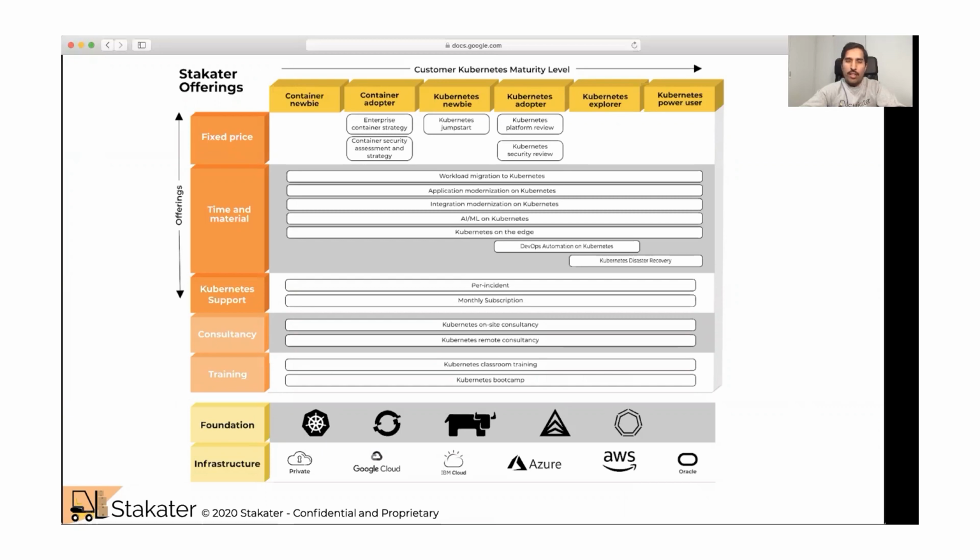As you can see in this offering stack of Stagator, we help companies in their whole journey, depending on whether they are a container newbie or they are a Kubernetes power user. And we help them across different cloud platforms and also private clouds, be it vanilla Kubernetes or any other enterprise distribution. We help companies also with trainings, with consultancy, and a lot of other time and material-based offerings. And then we also help companies in their platform reviews of Kubernetes or also with their enterprise container strategy.